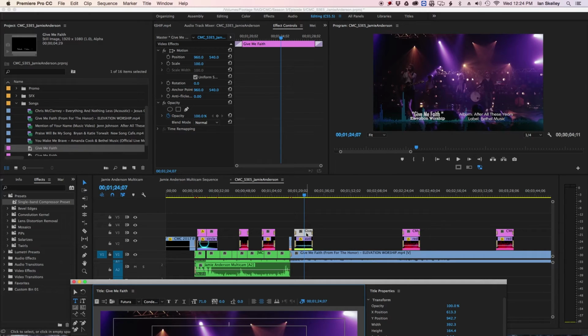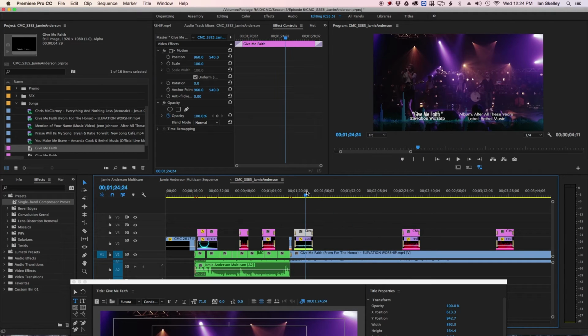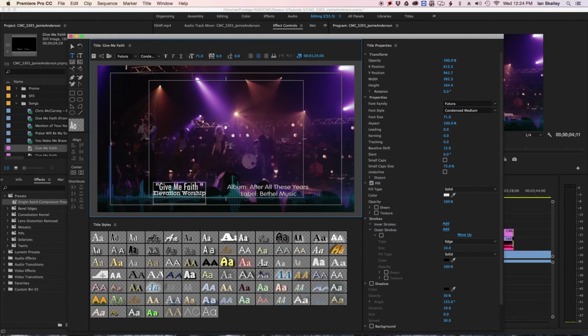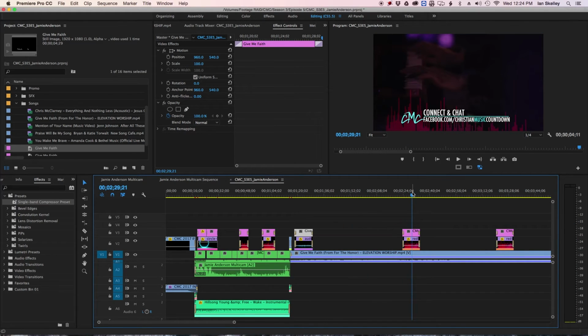So what I had to do is I went in, selected the correct title, Give Me Faith, right clicked on it, and chose replace clip from bin, and that gives us the Give Me Faith. You can see I had already changed the information: Give Me Faith, Elevation Worship. I'm not sure the information that I have is correct, so I still need to find the correct album and label. I don't have that information yet, but there we go. Give Me Faith is on the screen now, and then we just space out these pre-designed